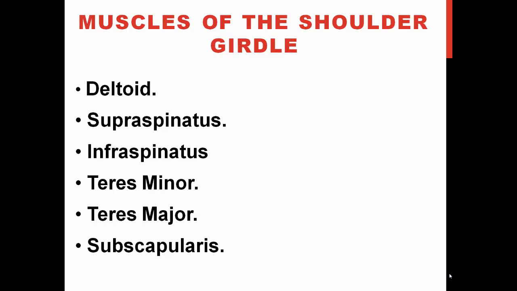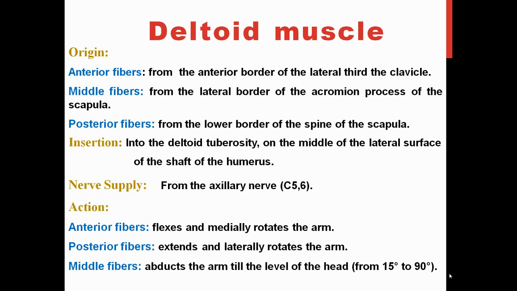Muscles of the shoulder girdle are deltoid, supraspinatus, infraspinatus, teres minor, teres major, and subscapularis. And we will see the deltoid muscle. The origin of the deltoid muscle: the anterior fibers will take the origin from the anterior border of the lateral third of the clavicle, whereas middle fibers take origin from the lateral border of the acromion process of the scapula and the posterior fibers from the lower border of the spine of the scapula. Then it will insert into the deltoid tuberosity on the middle of the lateral surface of the shaft of the humerus,